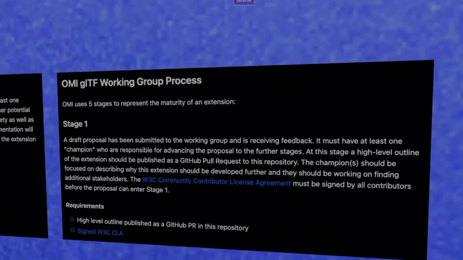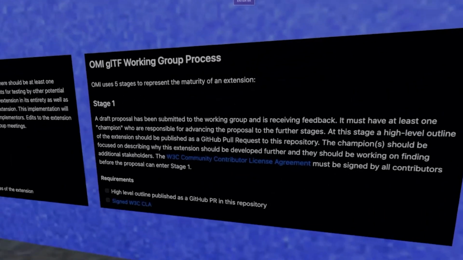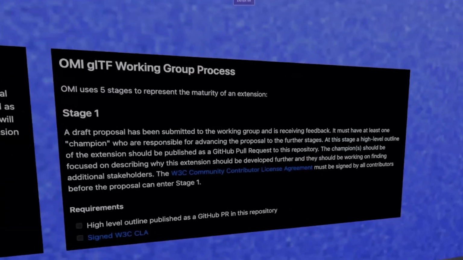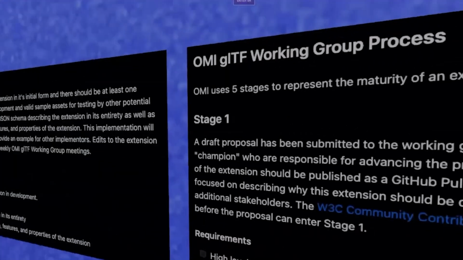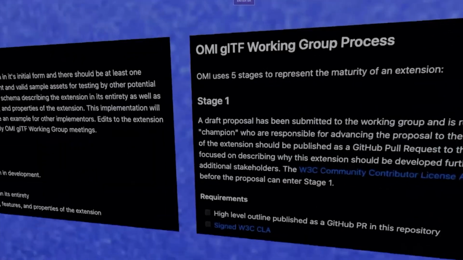So yeah, this is the first stage. We do require a contributor license agreement for anyone who worked on it, because that's how we maintain our W3C status and get these things officially set up under the OMI vendor name.